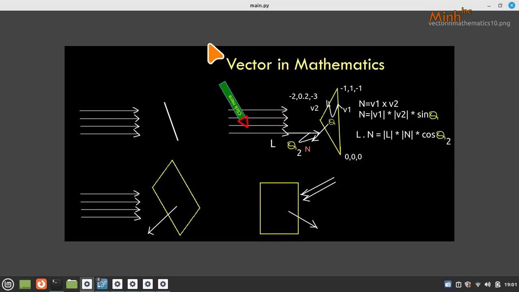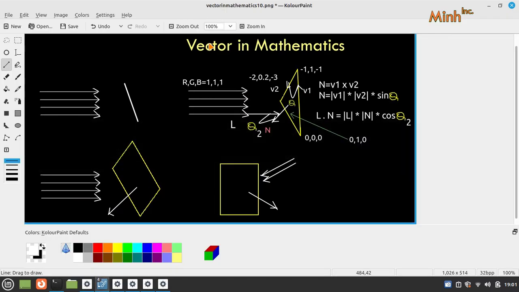If light is not coming from an infinite source, the way we are drawing it, let's consider this: light is coming from a point. Okay, if light is coming from a point, now